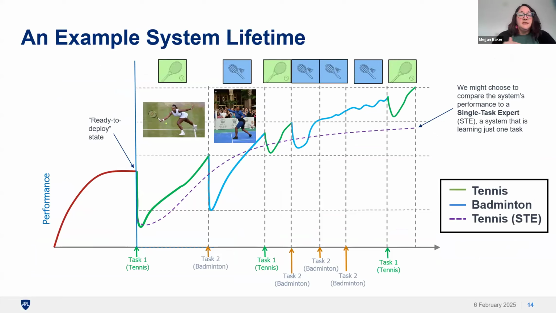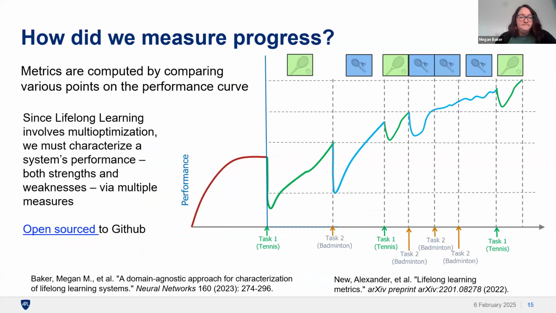So that's pictured in purple here, showing that if Serena Williams never ever did anything else in her whole life except play tennis, that's what her performance notionally might look like. And those make for some good comparisons for our program. So, one of the most important points, I think, when we were considering these metrics is that lifelong learning